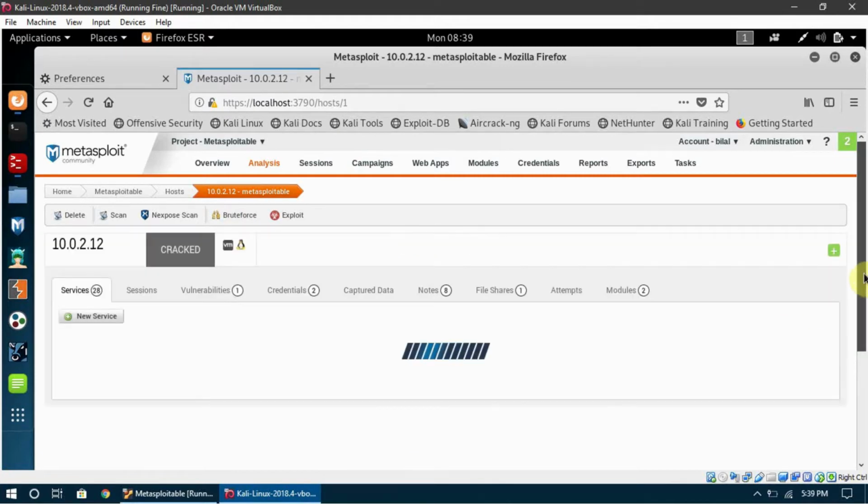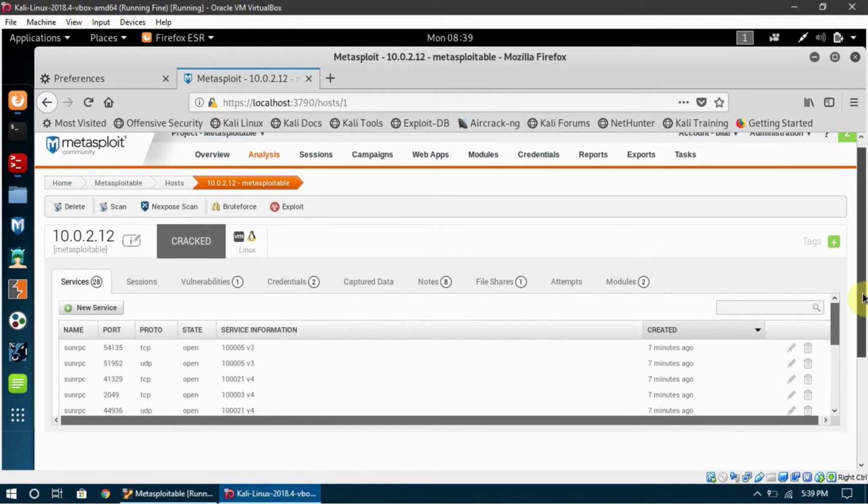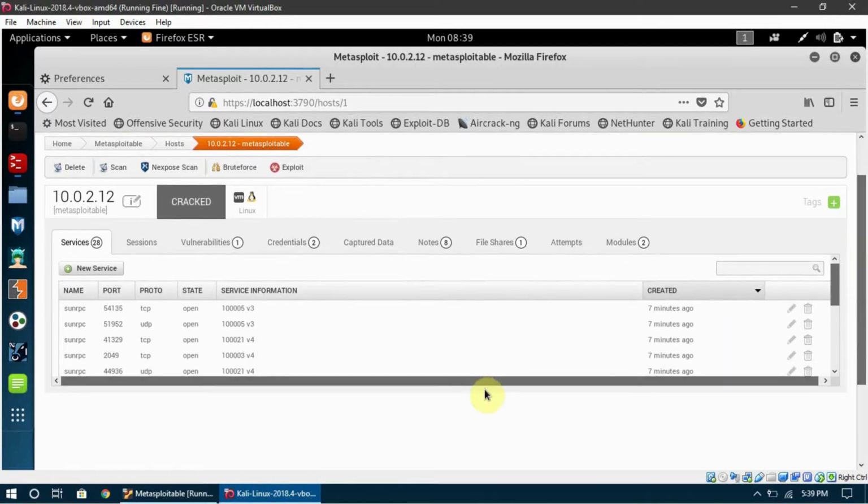So the results are showing up for us, and here are the detailed results. So this is the services section, and you can see that these are all the services it found on Metasploitable.